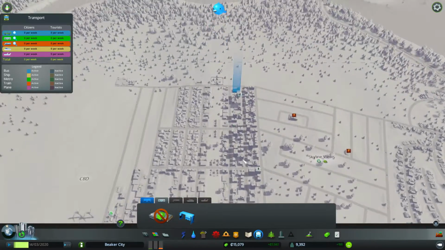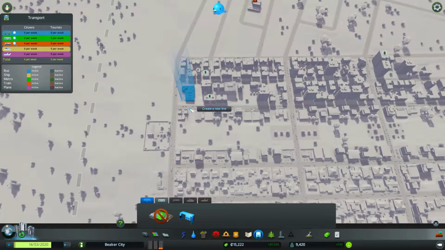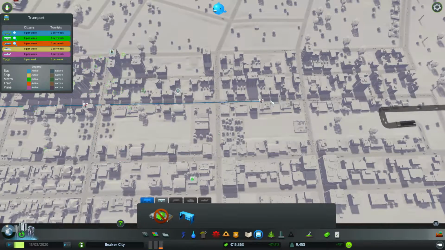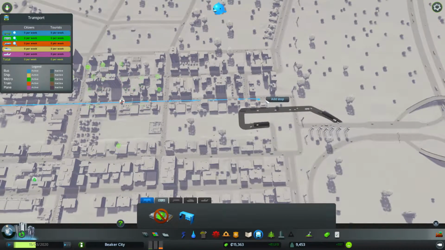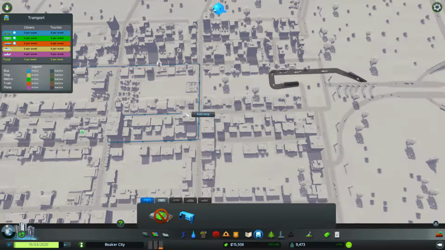Anyway, back to public transport. I'm all over the place today. I would like one that is sort of a loop of the CBD. So we're going to go all the way down. We're going to go sort of every 2 blocks, we're going to add a stop. And then we're going to come over. We're going to go...